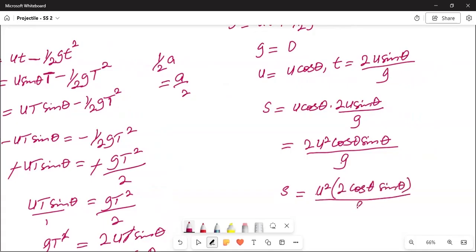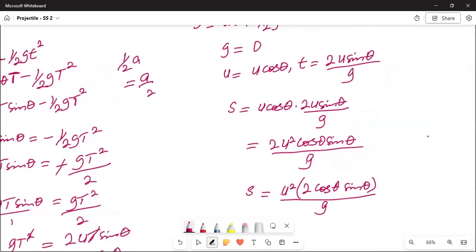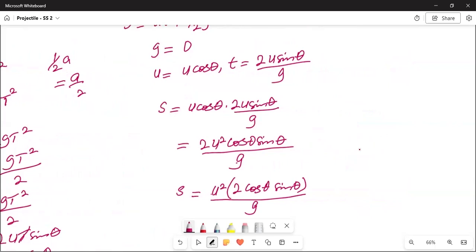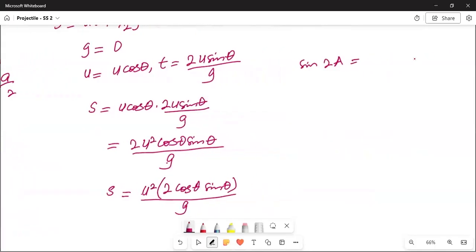I did this because in further mathematics, there is something we call the double and triple angle formula. Now, this one is coming from the double angle formula. What does the double angle formula say? Let me start with sine 2A. I can write 2A as A plus A, equal to sine of A plus A. And the double angle formula says that sine A plus A is equal to sine A cos A plus cos